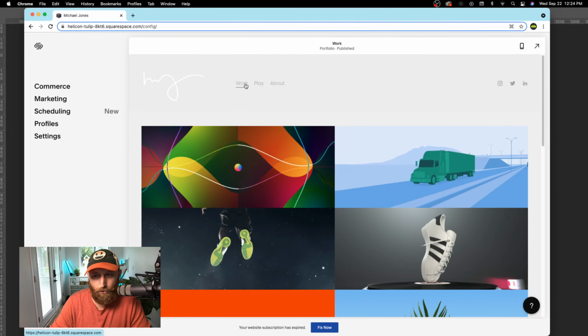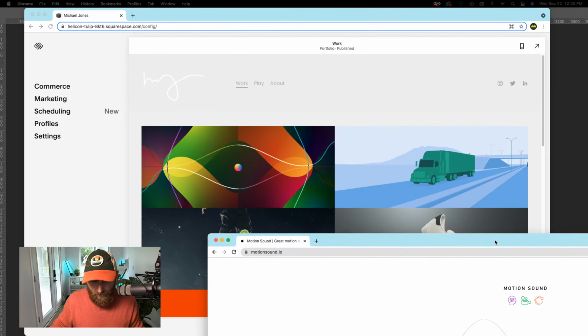I probably wouldn't go through a marketplace like Envato. I would set up a Gumroad. I would set up your own WordPress website with an e-commerce plugin in there and try to sell that directly to people. Keep all that margin, because it's definitely an uphill climb trying to sell stuff on those marketplaces.